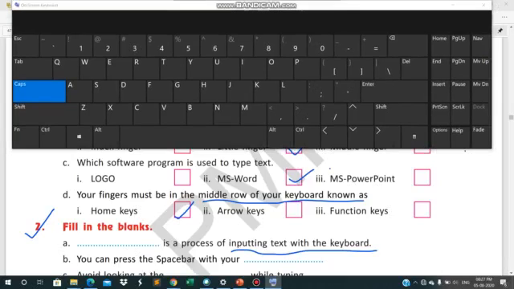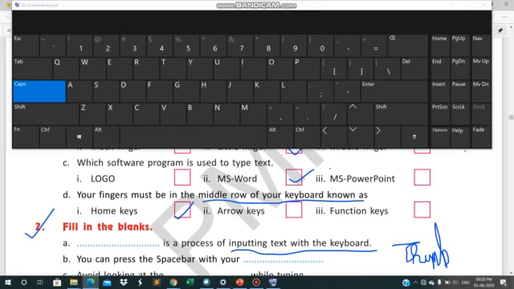They are asking with which finger you can press the space bar. This is the space bar. We can press the space bar with the help of our thumb.